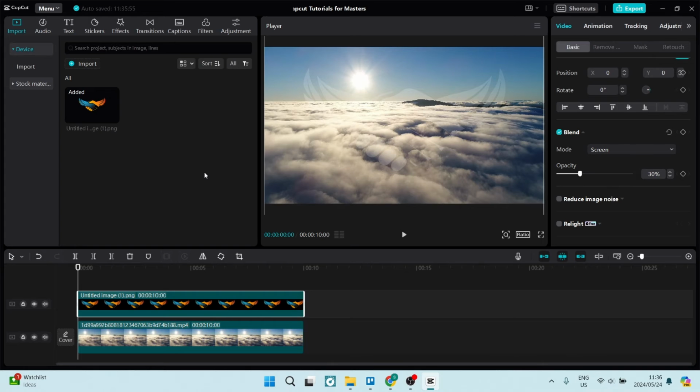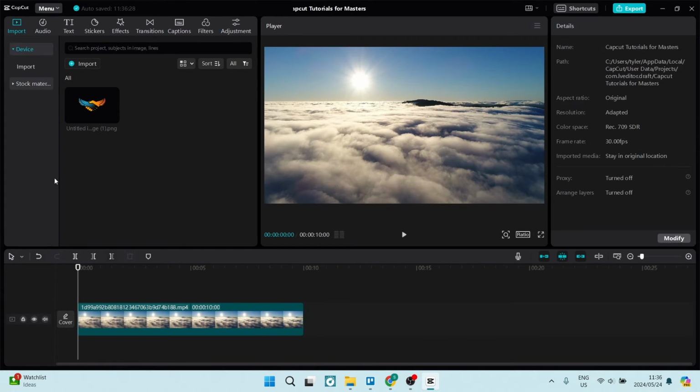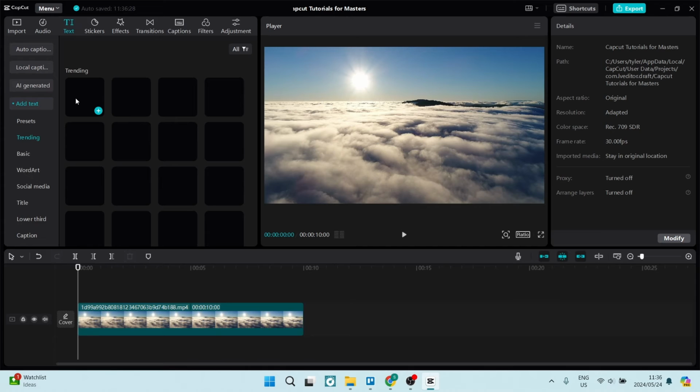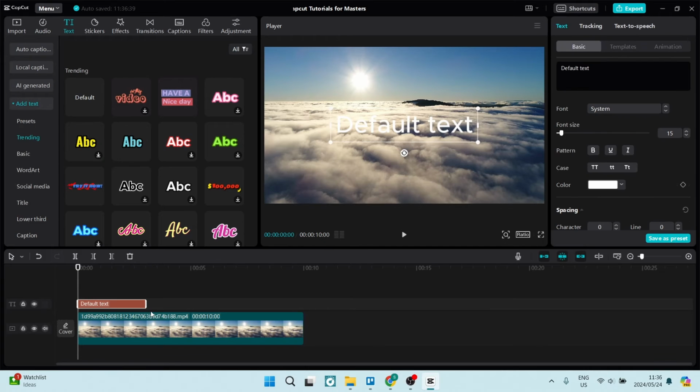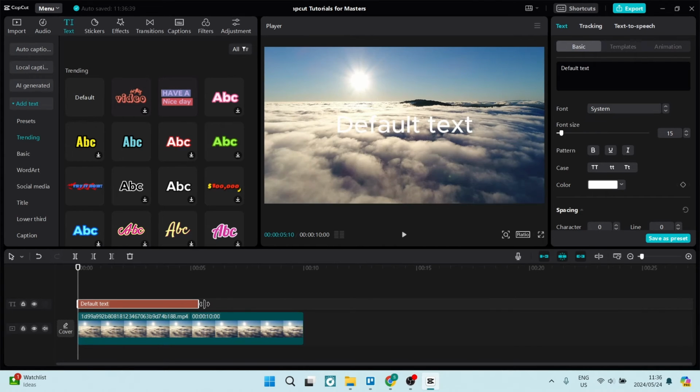We can also use text as an overlay watermark. We're going to remove this, and if you go up to the top left hand side, tap on text and you can now enter the text that you would like to. So on the left hand side there is a default. We're going to add that default text. Again, we're going to make sure that it's over the whole video,